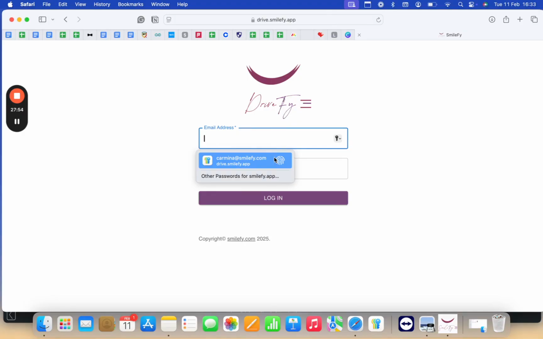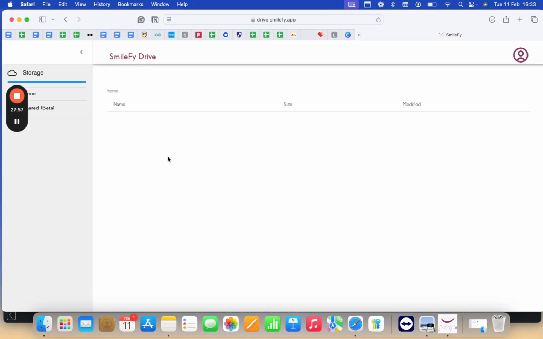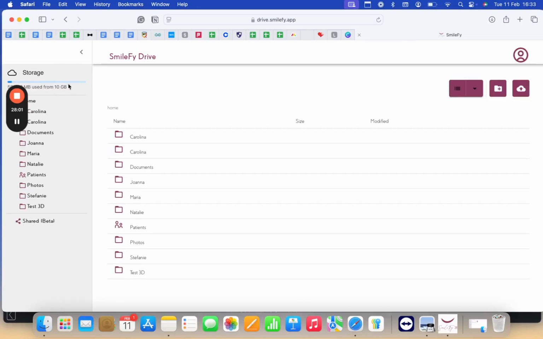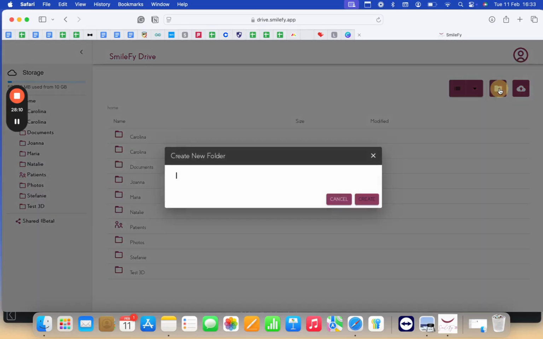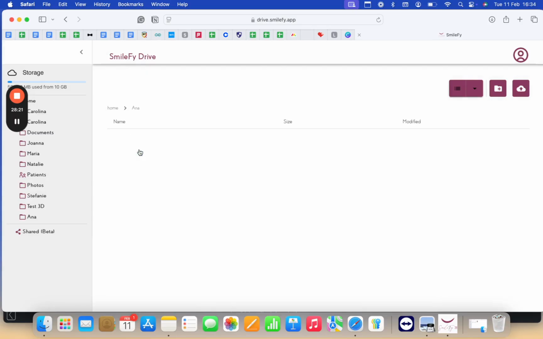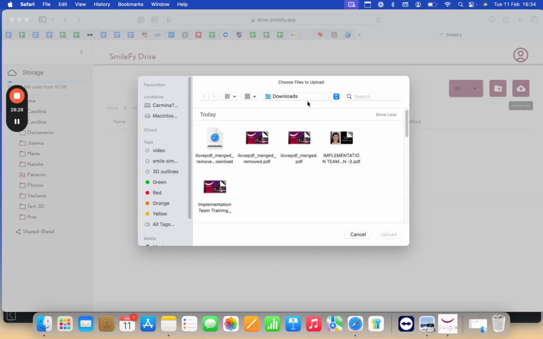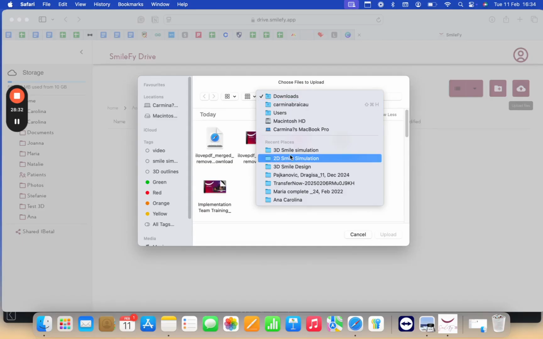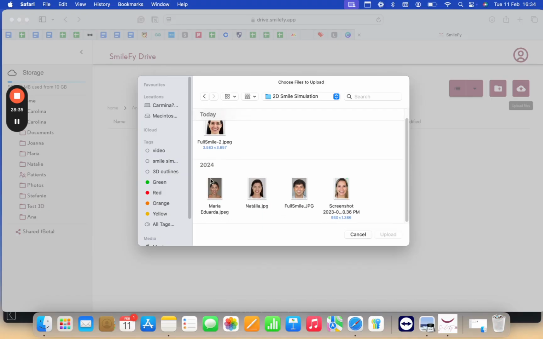I'm going to use my account. And once you access it, you'll have 10 GB of storage, and you can start uploading the picture. To be organized, you can create the folder first. So here I'm going to add the patient's name. And then once the patient is created, I will double click on the folder, and now you can upload a file. Here I'm going to start uploading patient file. Let's start with our patient